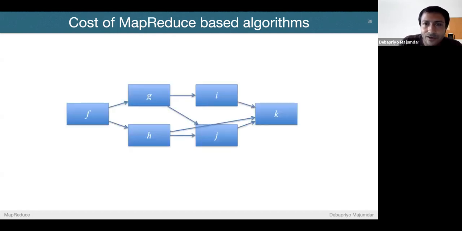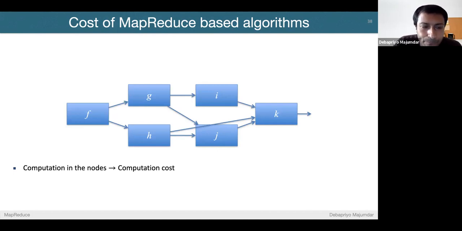Let's think of this long structure instead of the small MapReduce structure. What actually happens here? Two kinds of costs are there. One is computation in the node. Like you read the document, split the text, find every word, output the word comma 1 or word comma n, right? So key value pairs. That is the computation in the nodes. Or for reduce, you sum the numbers or do something like that. That is the computation cost, and this is the complexity we are used to estimating.